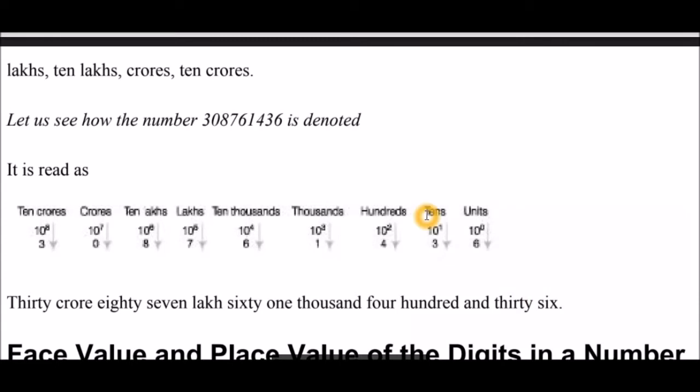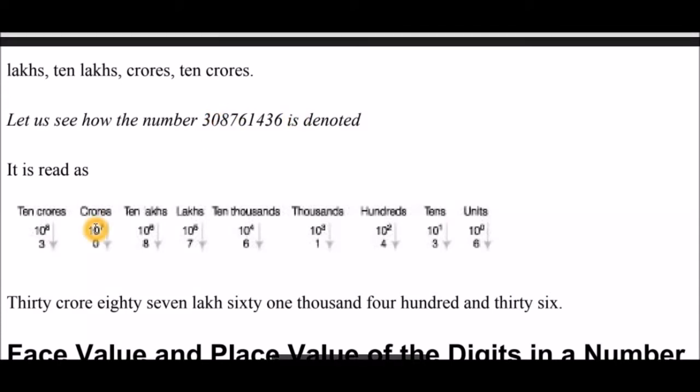So we are designating these digits from right to left. For example, see here 3, 10 crores place. After 3, how many digits are there? 1, 2, 3, 4, 5, 6, 7, 8. 8 digits are there. So 10 power 8. 10 crores means 10 power 8. And what about 0? After 0, how many digits are there?